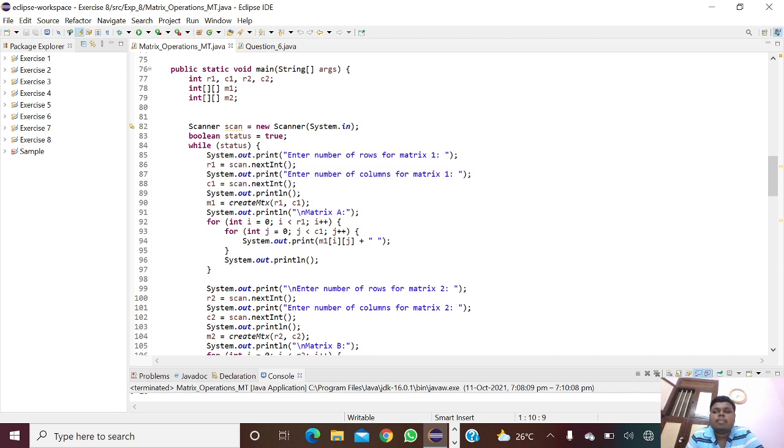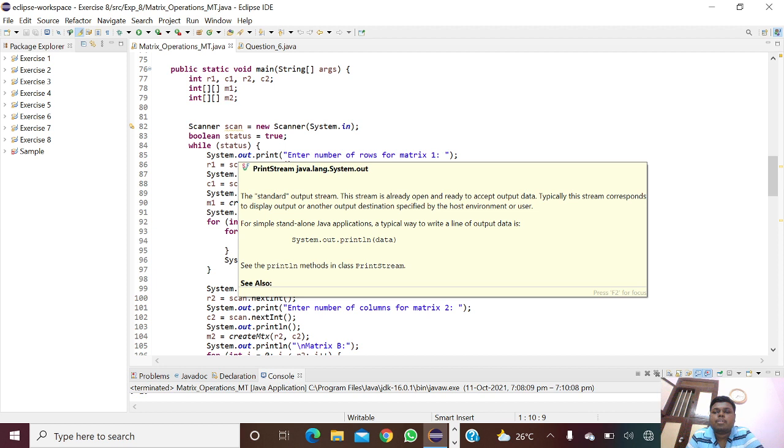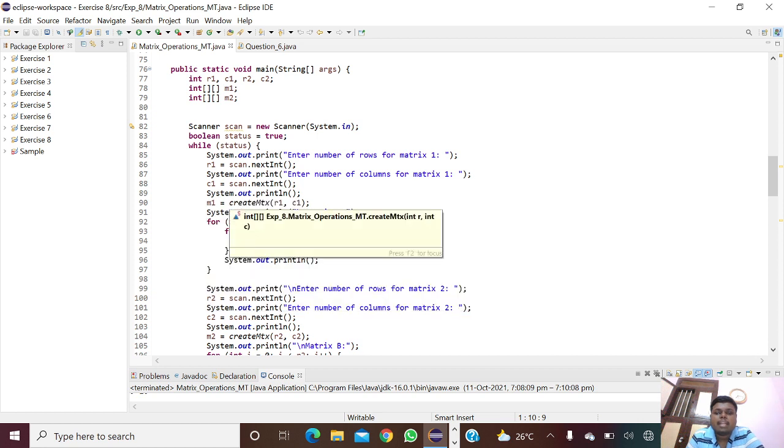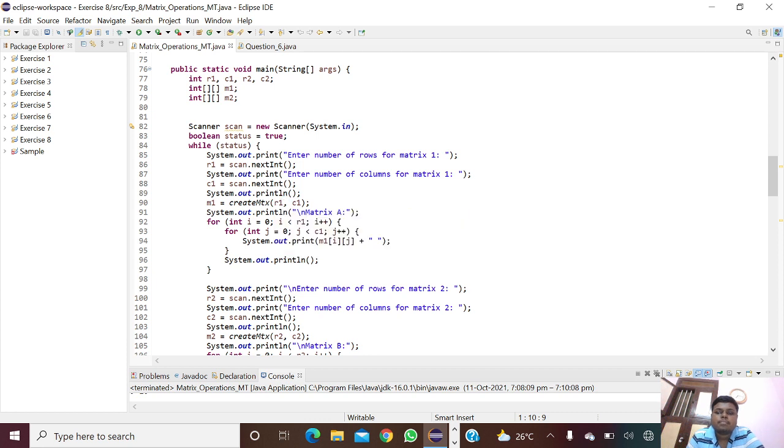Then we're going to get the number of rows and columns for matrix one. So we're getting input like enter number of rows for matrix one and enter number of columns for matrix one. Then m1 equal to create matrix of r1 and c1.